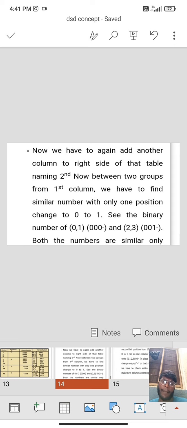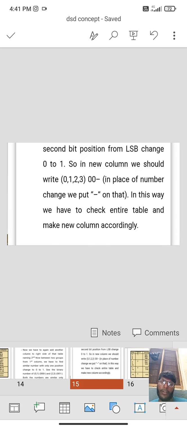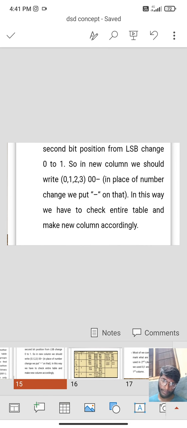See the binary numbers of 0, 1 and 2, 3. Both the numbers are similar, only the second bit position from LSB changes from 0 to 1. So in the new column we should write 0, 1, 2, 3. In place of the changed number we put a hyphen. In this way we have to check the entire table accordingly.